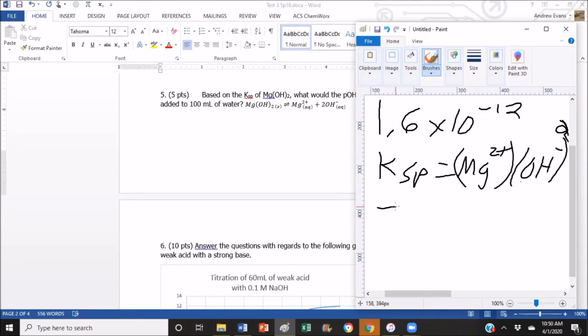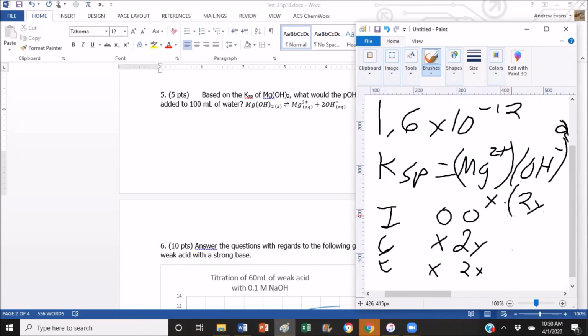And so our ICE table is going to simplify down to 0, 0, x, 2x, so that this is x and this is 2x. 2x squared is 4x squared. 4x squared times x is going to be 4x cubed. So with that in mind, solving for x,